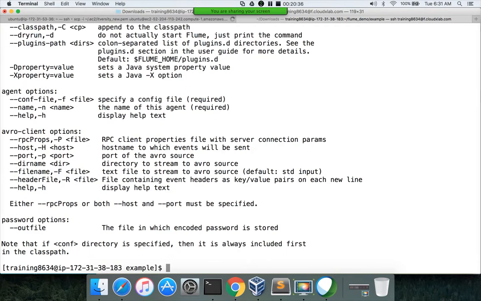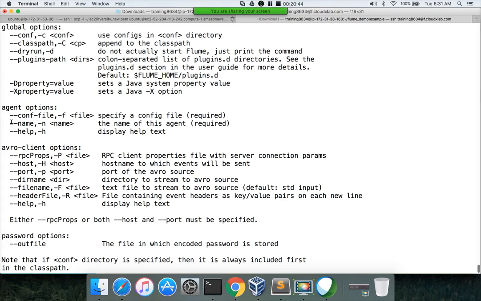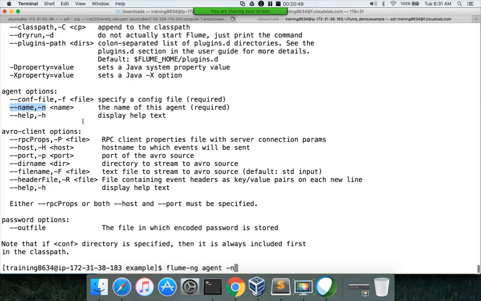Hence, we have to say flume-ng agent, and the name of the agent can be -n or --name. Both of them are aliases of each other, and you can give the name. So --name or -n means the same thing, and we have to give a1 here. Whatever the first string we have given before sources, sinks, and channels, that will be the agent name, and one configuration file can be used only for one agent. You cannot have multiple agents using one configuration file.